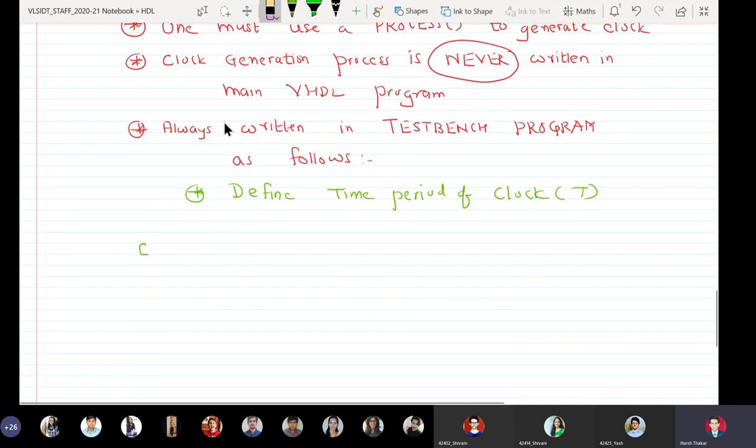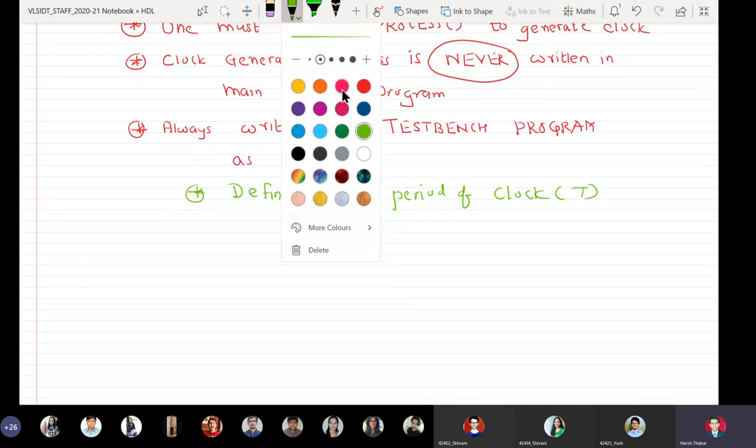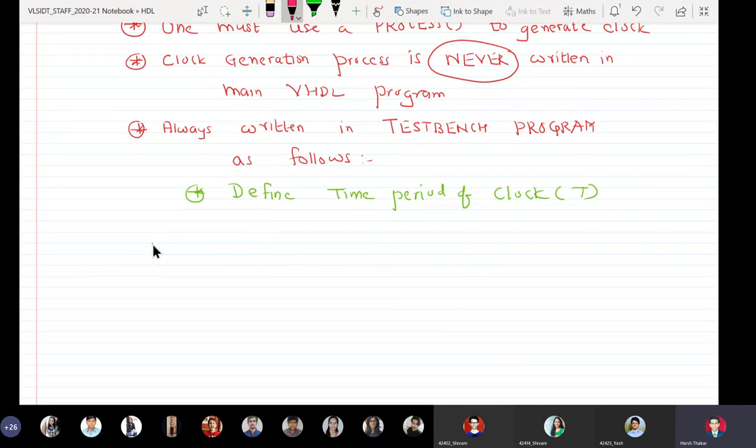Keyword constant, constant space constant name. So let our time period be a constant denoted as T. Constant space T, constant space constant name colon data type. Let me first write the syntax for constant.